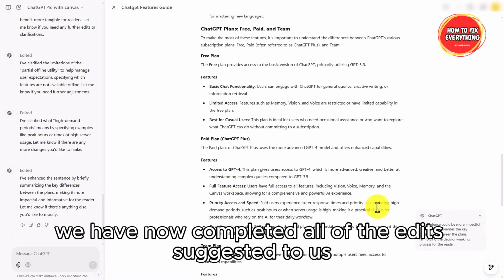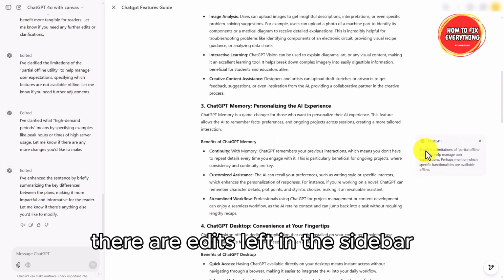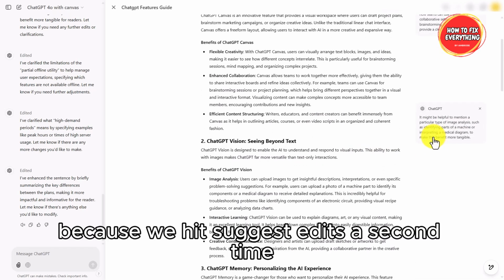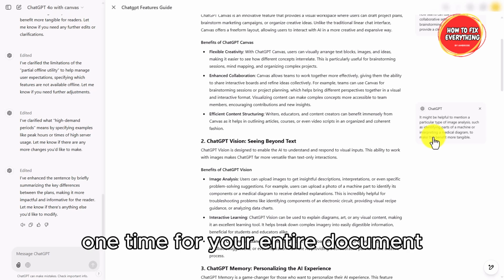So we have now completed all of the edits suggested to us. There are edits left in the sidebar. However, it's quite possible that these elements are present because we hit suggest edits a second time. So what you'll want to be aware of is that you should only hit suggest edits one time for your